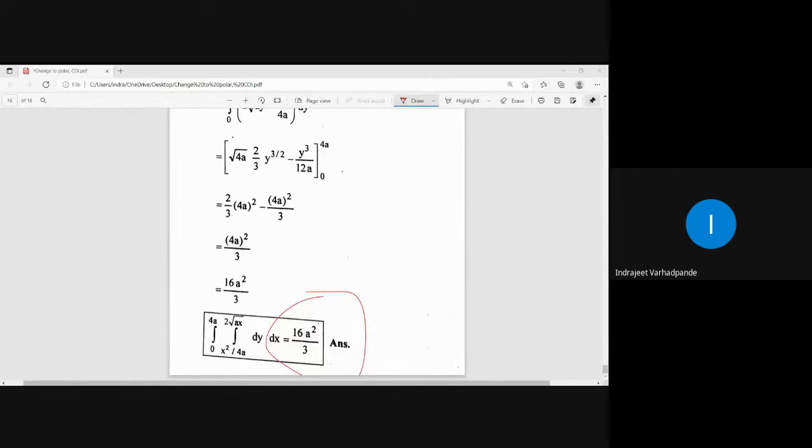So I have tried to cover all possible types of problems related to change of order of integration, in which looking at the limits, the different regions are drawn or interpreted. Looking at the limits, you should be able to draw the region. One region is bounded by the intersection of parabolas, one by an ellipse, one by a square, one by a line; one region comes in the upper half, one in the lower half. So accordingly, understanding it well is very important.